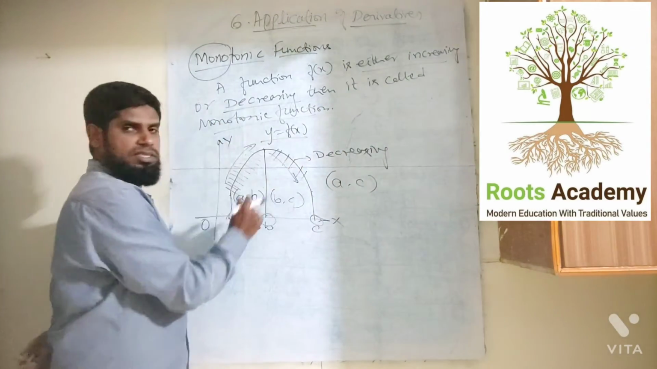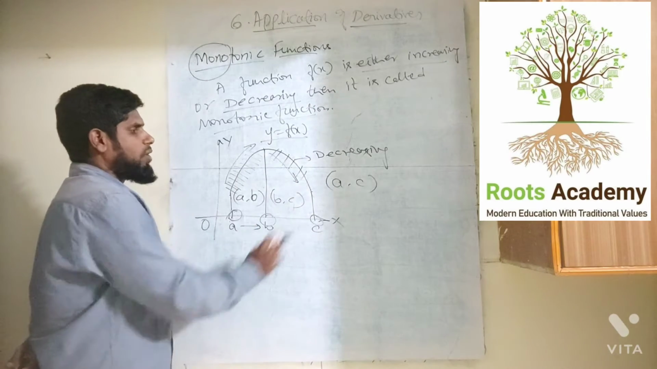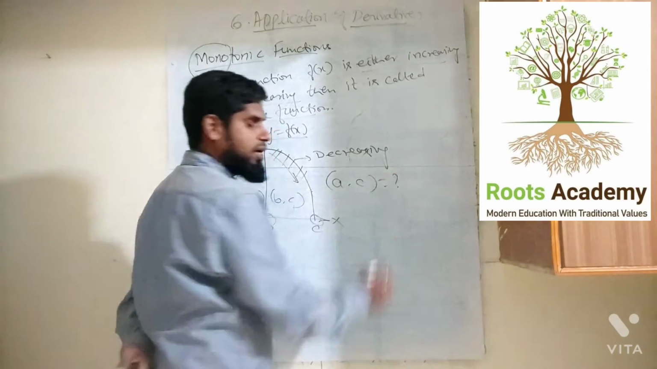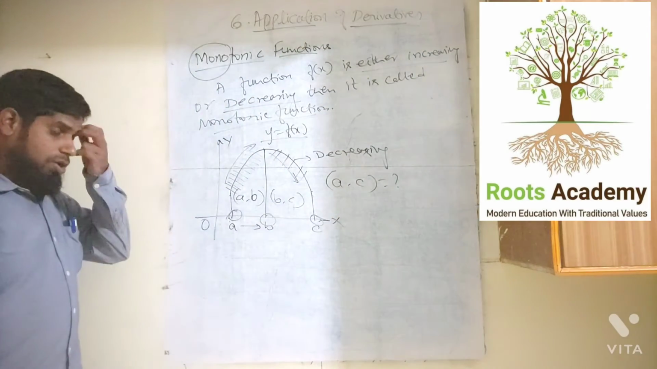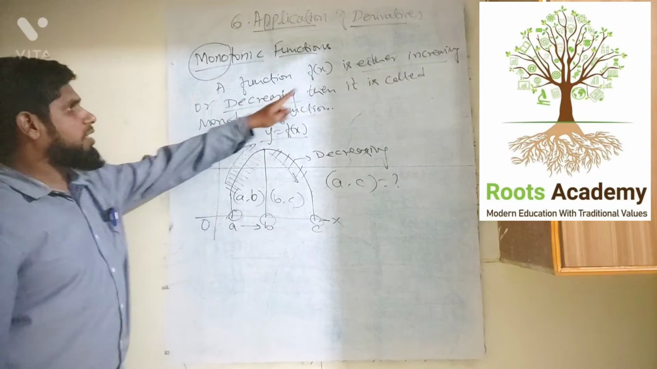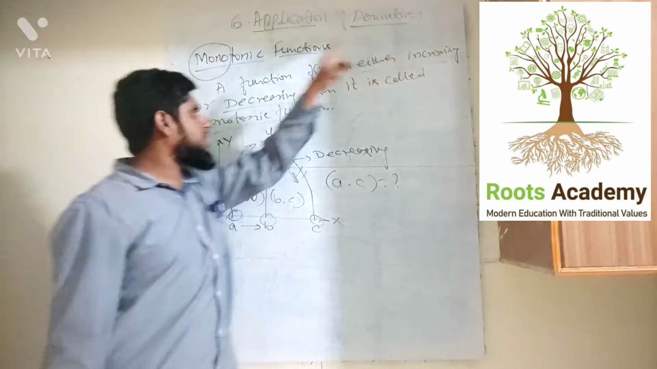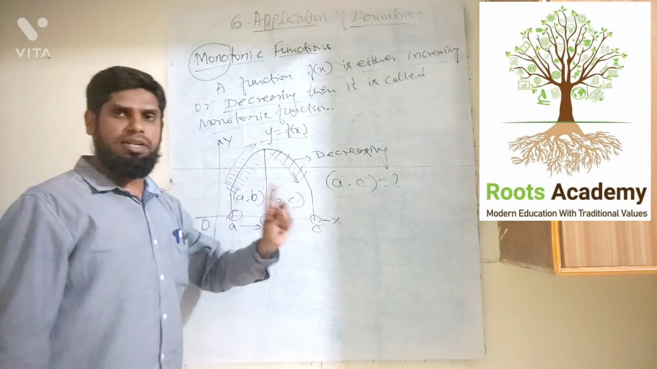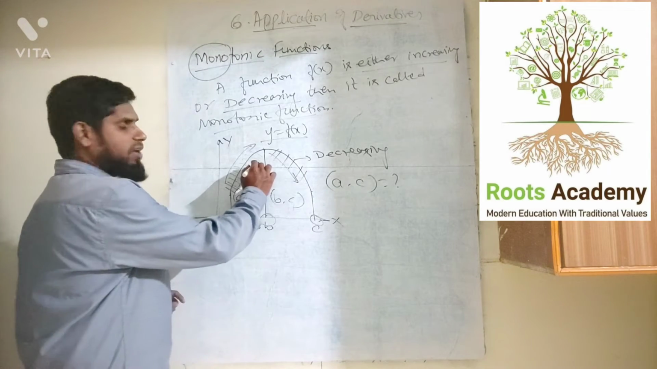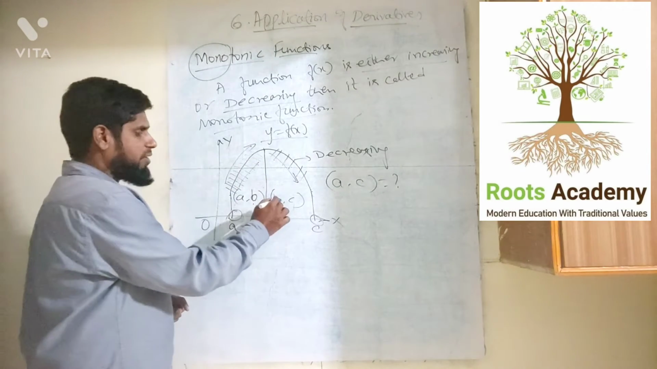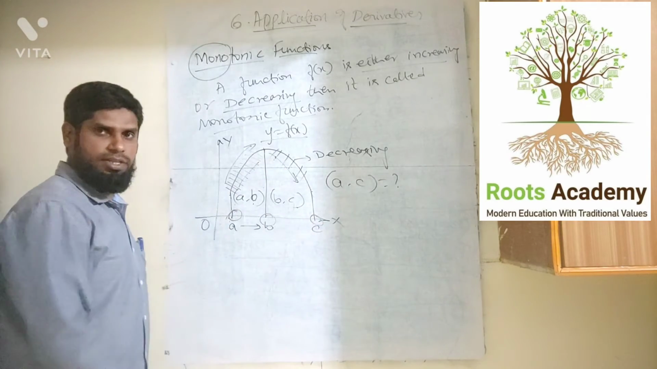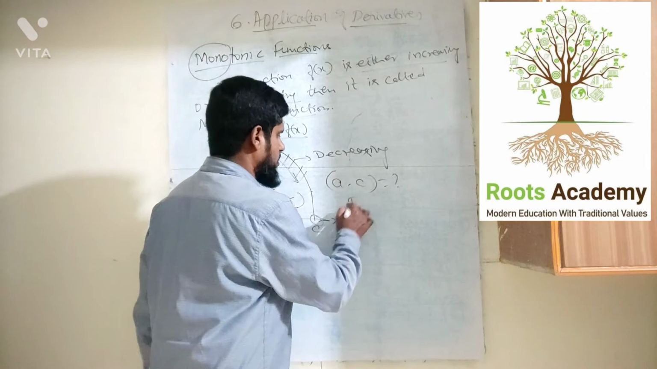Y is equal to f of x, that is the same function. What happened when we take the interval A to C? Now, student, here it is not monotonic. Monotonic says that either it is strictly increasing or it is decreasing. If both come, it is never monotonic. This is a monotonic function from A to B, and from B to C also it is monotonic. But when it comes to A to C, it is